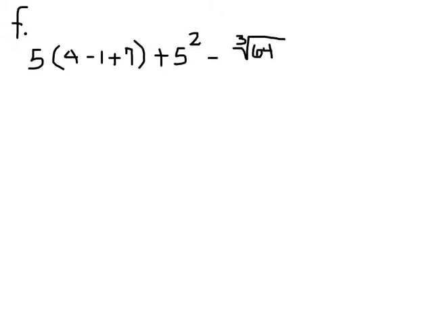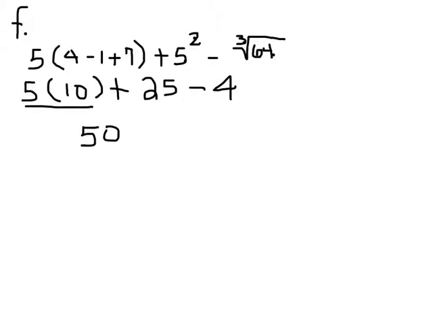Alright, and let's evaluate this expression and simplify it a little bit. Let's do our parentheses first. 4 minus 1 is 3, and 3 plus 7 is 10. 5 squared is 5 times 5, which is 25. And then we just found out that the cubed root of 64 is 4. So let's do our multiplication. 50 plus 25 minus 4 is 75 minus 4,